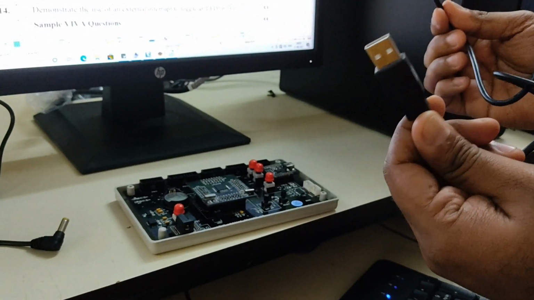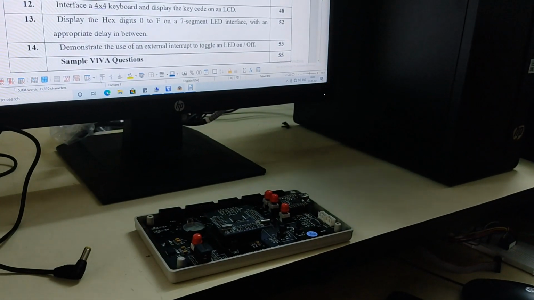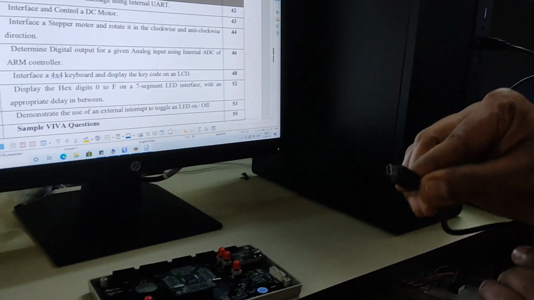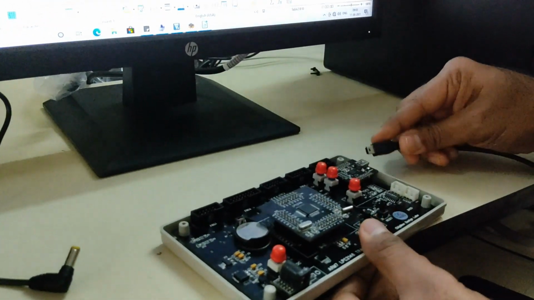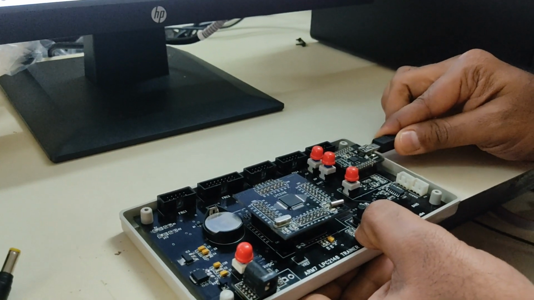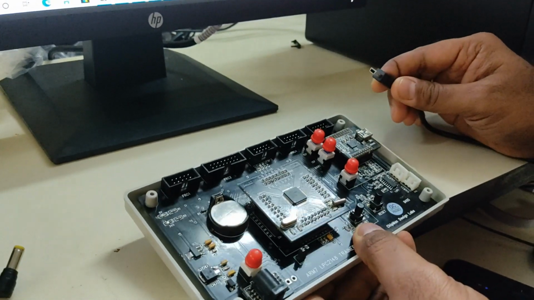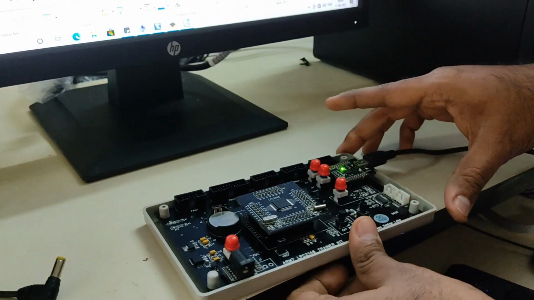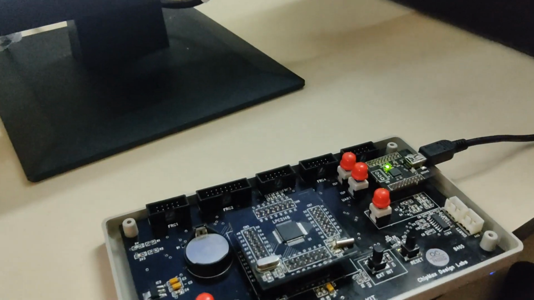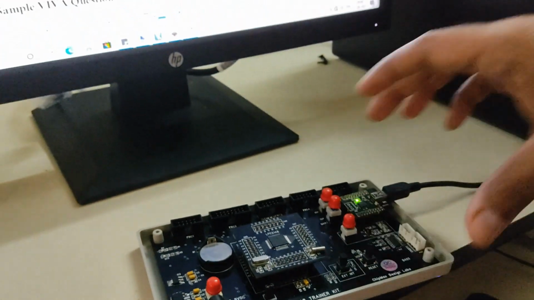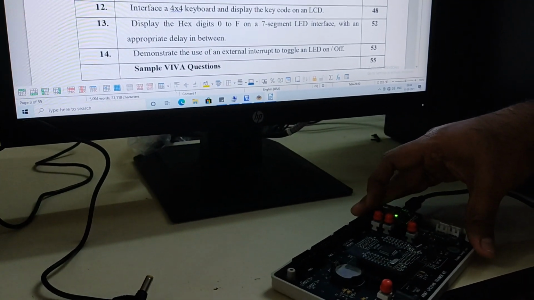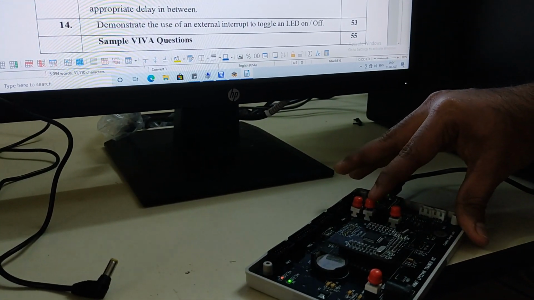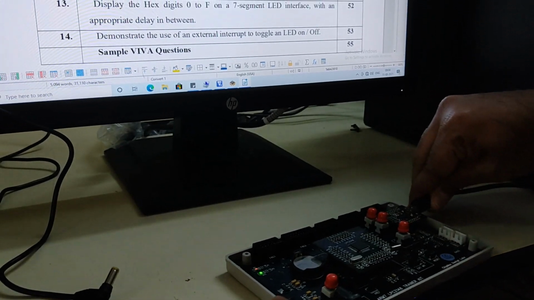This is the serial interface cable. One end of the USB we have to connect to the processor here, and the other end has to be connected to the UART slot. As I explained in the program, we have UART 1 and UART 0. You connect it to the UART slot, and you can see one of the LEDs illuminating. These are the switches over here, ISP. Please press these two UART switches.